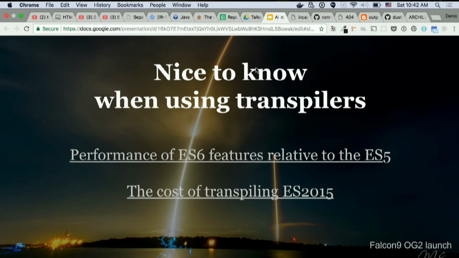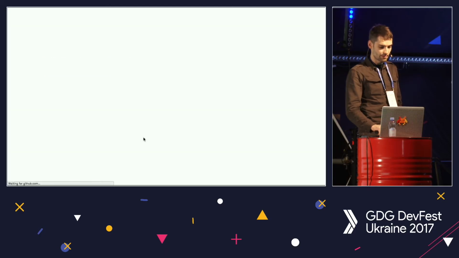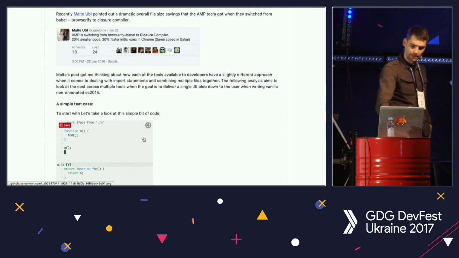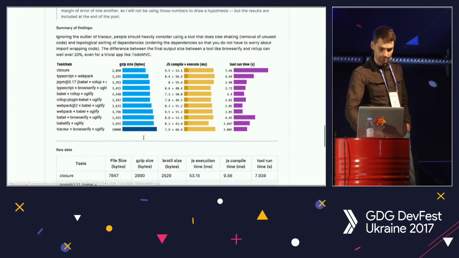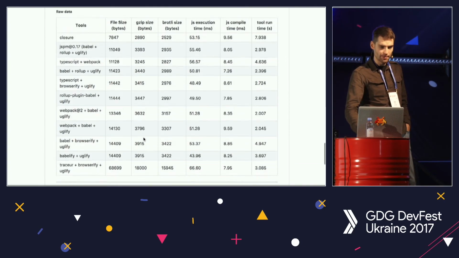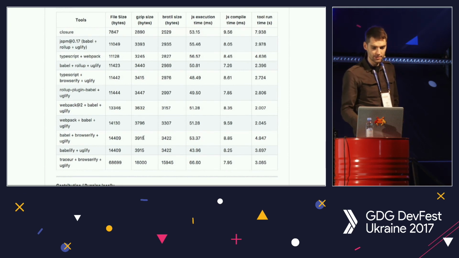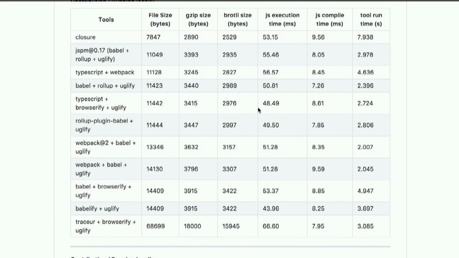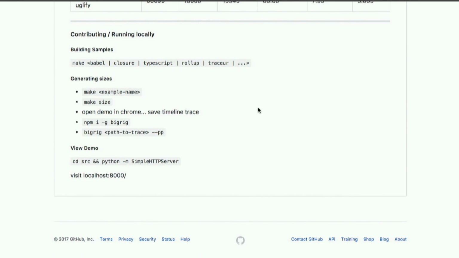Be aware. And the second one: the cost of transpiling is also the initialization time of the application and the size of the package. Here is another project which compares different bundlers, and we see that there is some difference. File size can vary a lot. It depends on the way it's bundled and on the settings. Still, transpiled and bundled code is different in terms of initialization and size.